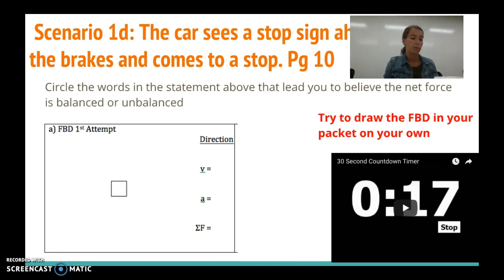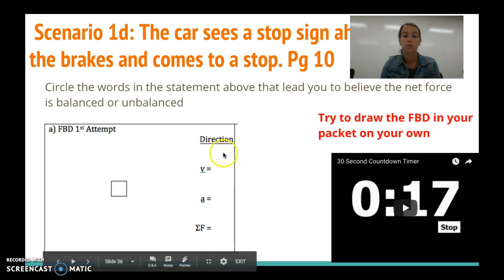Page 10, 1D. So now the car sees a stop sign ahead, applies its brakes, and comes to a stop. So we're on page 10. So first, circle the words above that tell you if the forces are balanced or unbalanced, and then try the free body diagram. So pause real quick,